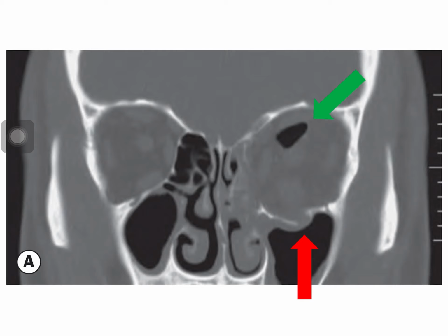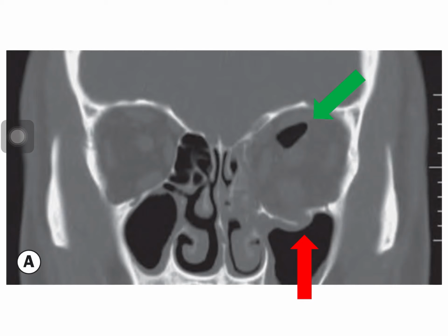and compare it with the other side. So this is an axial section where you are looking at the patient from the front end. Imagine the patient is looking at you. So the red arrow is pointing to the left eye. So compare the inferior margin of the orbit to the opposite side. The left eye, inferior margin of the orbit is broken. So this is an orbital fracture, more specifically the floor of the fracture. So this is a blowout fracture of the orbit.